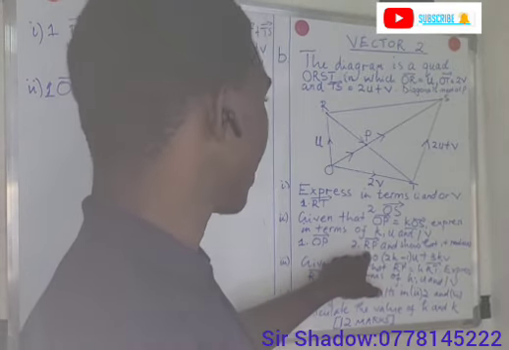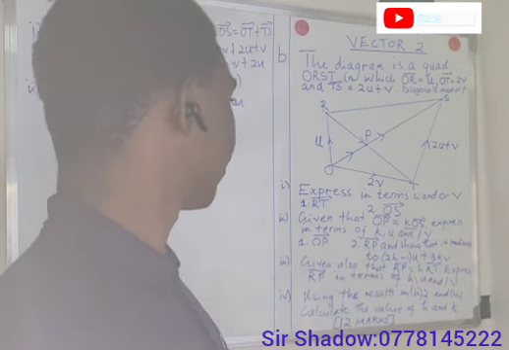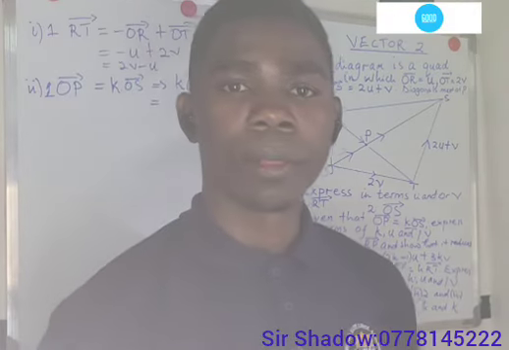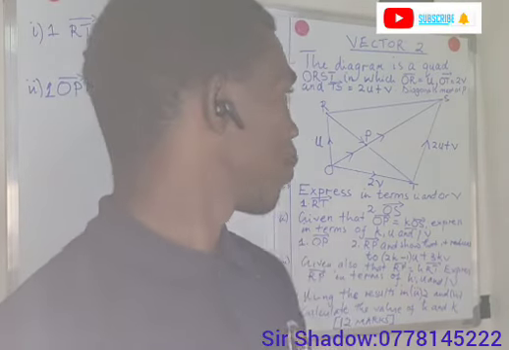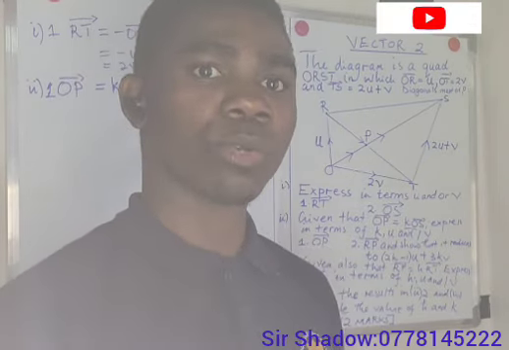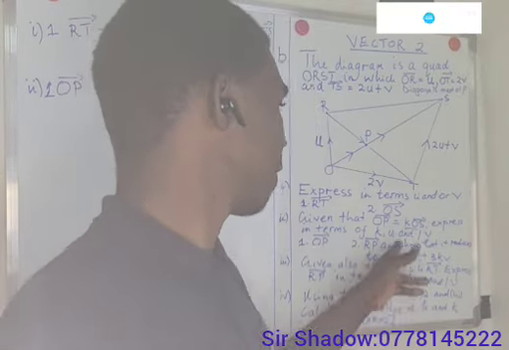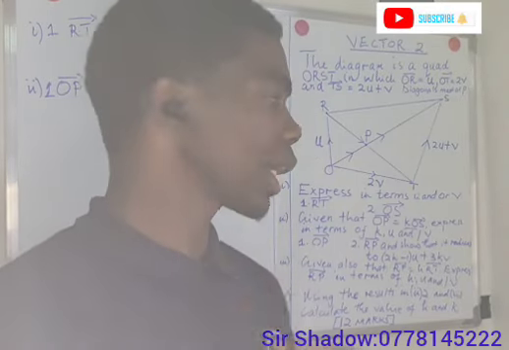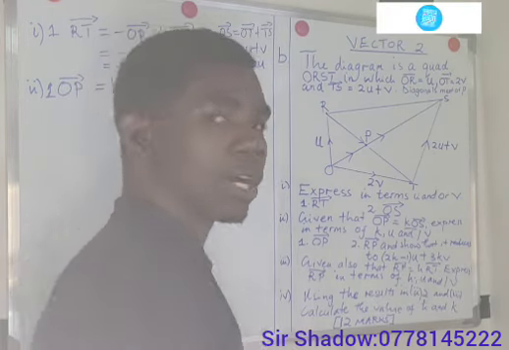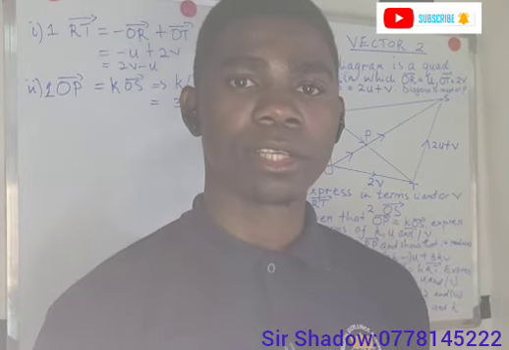We were asked to find RP, but RP ensure that it reduces to the given answer. So we have to work on this question to find RP. Then our answer on that vector RP should reduce to what is already given. So after working on RP, if we get this answer, we have to write shown, since we are asked to show that it reduces to it. So what you have to do is